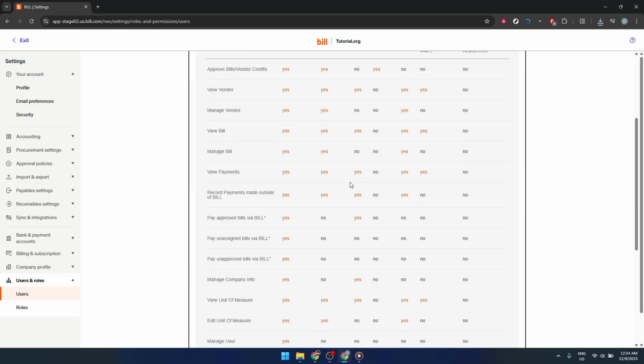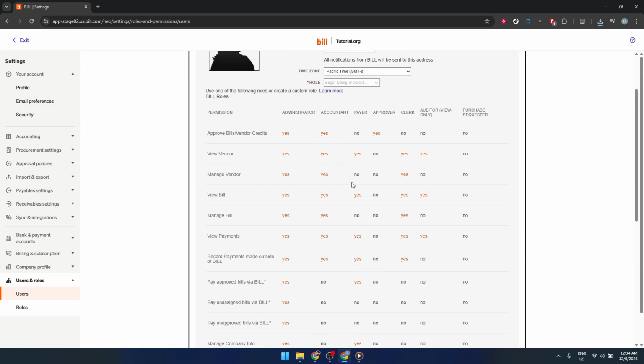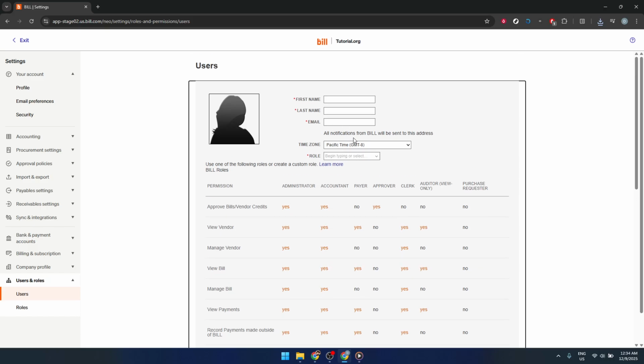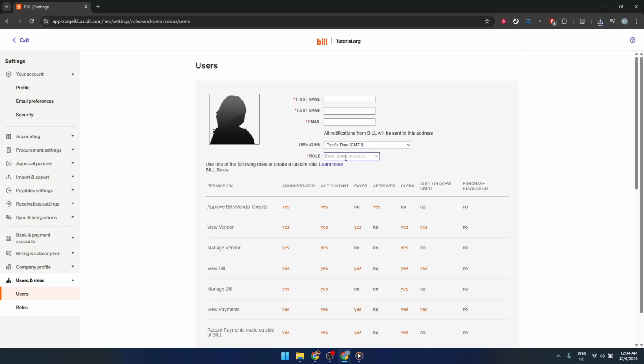Next, you'll need to choose the appropriate role for this person. Bill.com offers several role types such as administrator, payer, or auditor. An administrator typically has broad access to manage settings and users. A payer can approve and send payments, while an auditor usually has more limited, view-only access for review or compliance